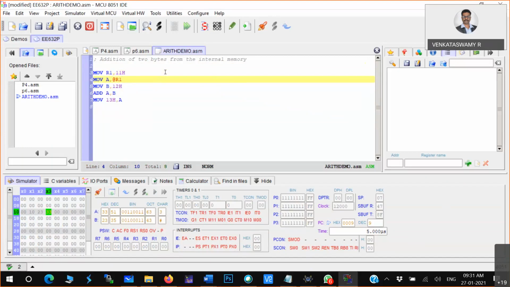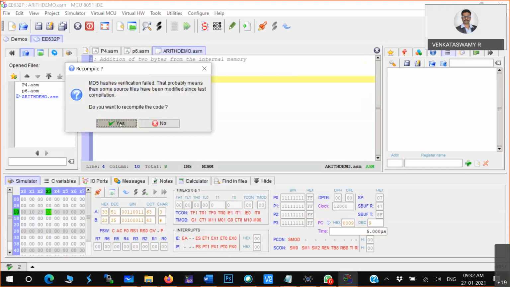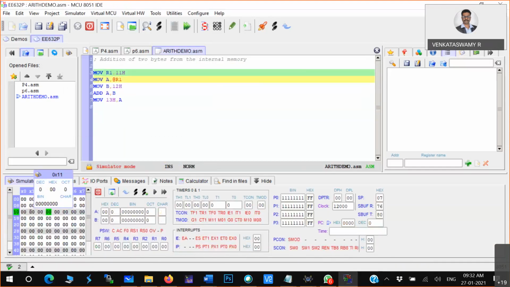Last time whatever we studied, there we used DPTR as a data pointer. So likewise in the internal memory you can use R0 and R1 as an internal data pointer. Now same thing, whatever I executed last time, it does the same thing. The only difference here is I initialize the pointer. So I am not directly giving the address. Through the pointer I am giving that particular address and I am taking that value to accumulator. So let me run this code. In the 11th address I am just putting 12, 13, whatever number.